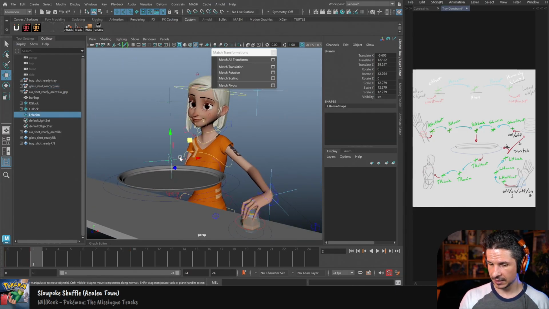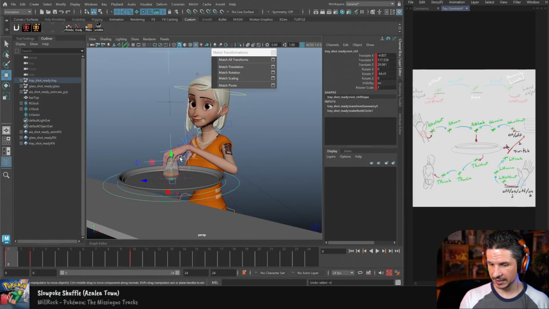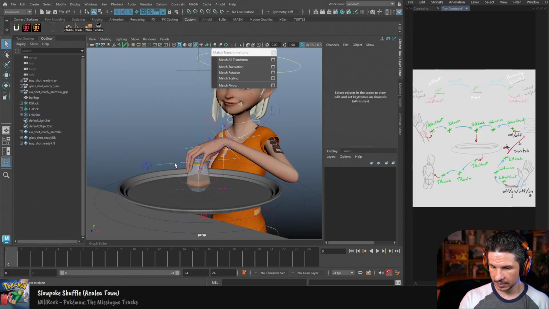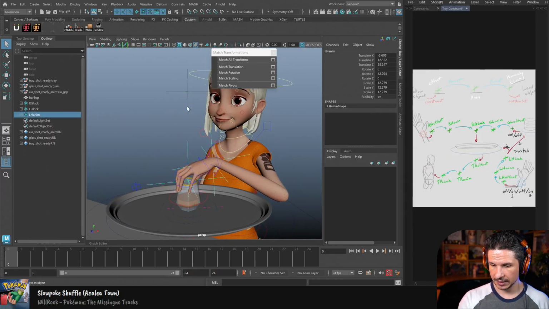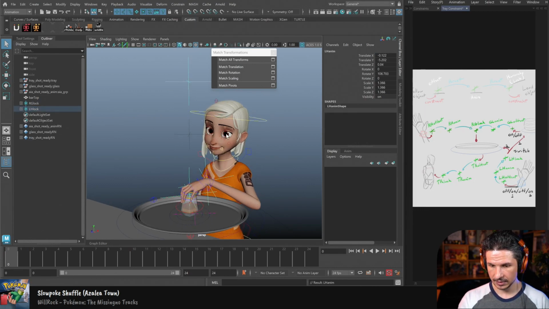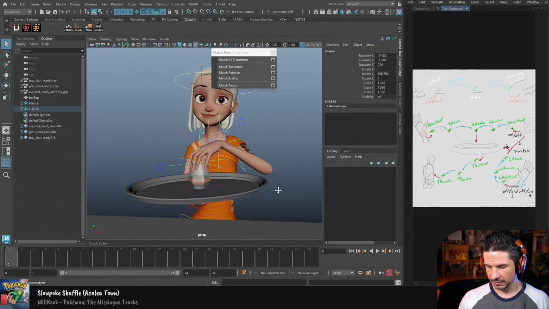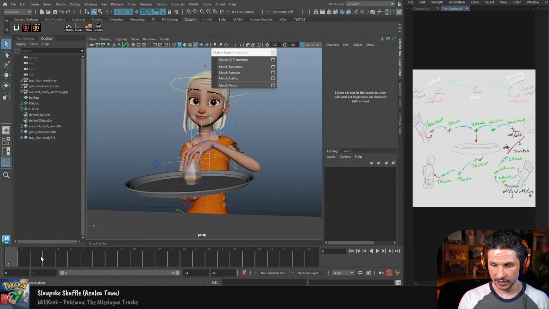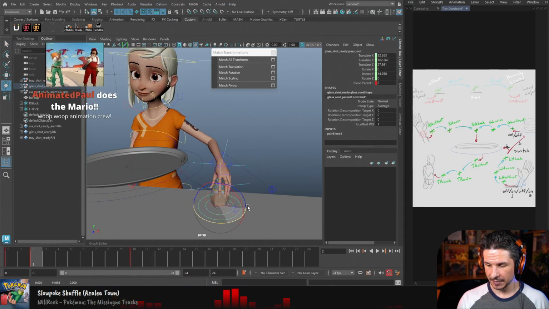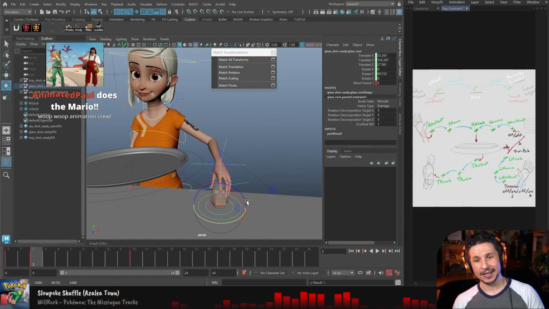And let's see what got left behind. Something got left behind. Made a constraint. Okay. No. This one. There we go. Something weird happened there. So now when we have this, as I'm animating this glass getting put down,